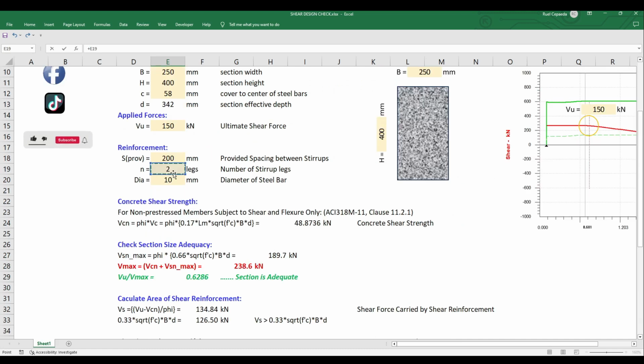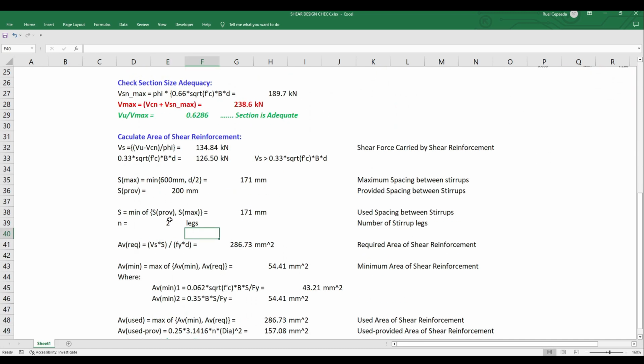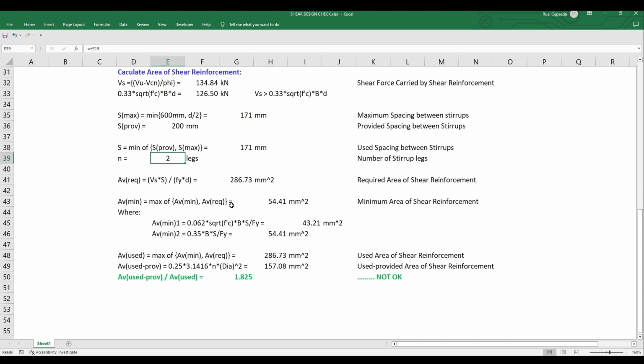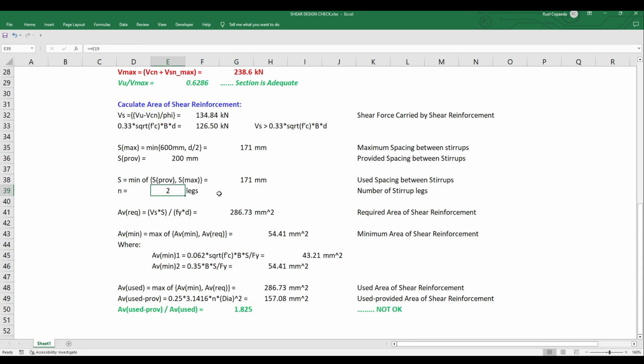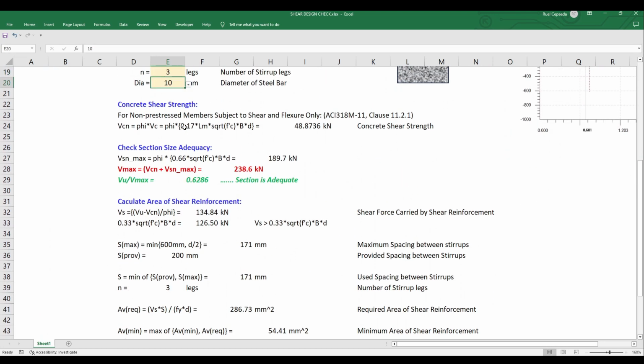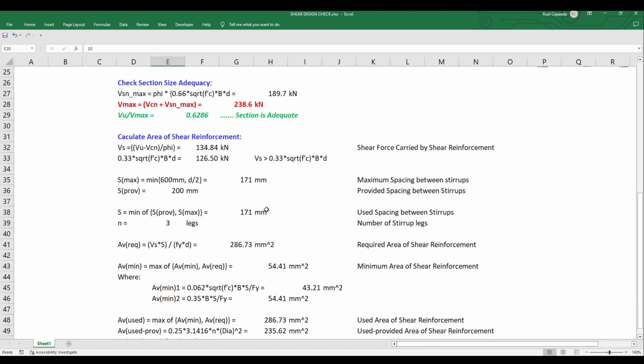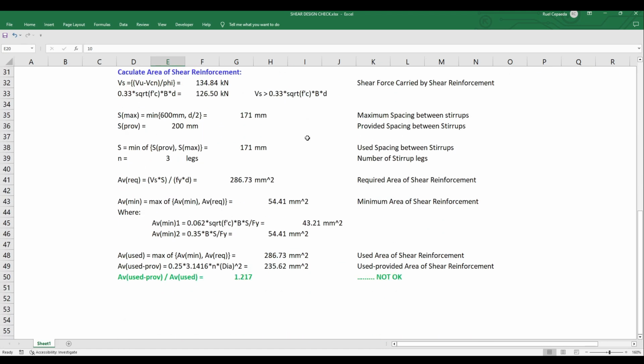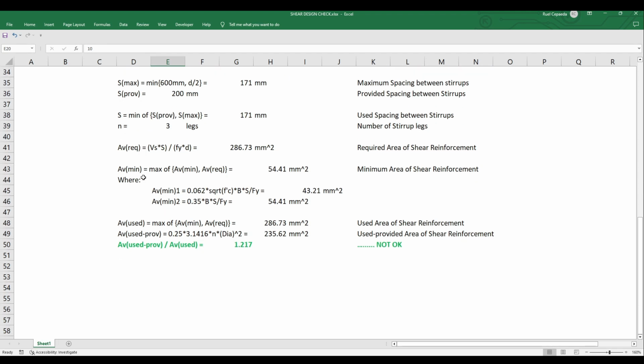Number of stirrups, okay, we need to link this one. Let's check if this is functioning. Okay, it's already functioning. Then, after we get the used spacing between the stirrups here, we need to calculate